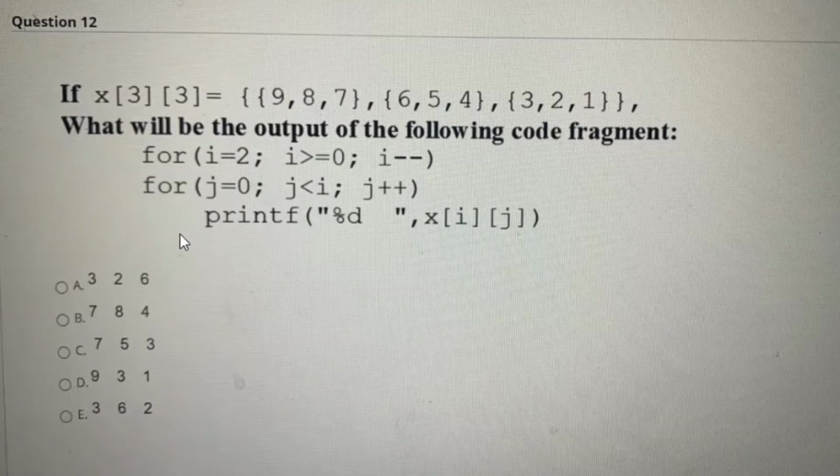The answer for this question is going to be 3, 2 and 6, because i starts at 2 and the loop continues while i is greater than or equal to 0, with i decreasing. Then for the inner loop, j starts at 0, is always less than i, and is incremented. On solving this code, we get the output 326.